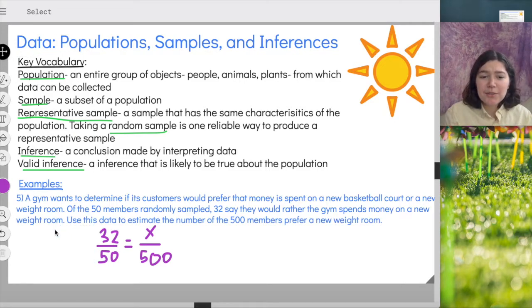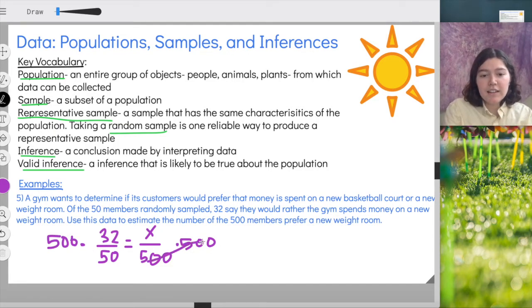Okay, there's lots of ways we can solve it. We can see it as an equation. We can ask ourselves what's currently happening to my variable, and then how do I undo it? If I find my variable x, x is currently being divided by 500. So how do I undo dividing by 500? Multiply by 500. Great. So I can multiply by 500 on both sides. The 500s would cancel, and you would just get x. And then when you do 500 times 32 divided by 50, it's going to give you the final answer, which was